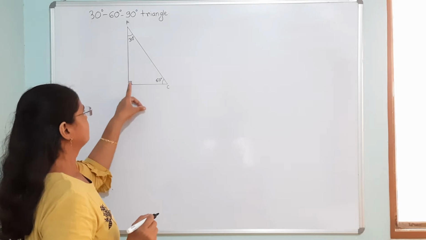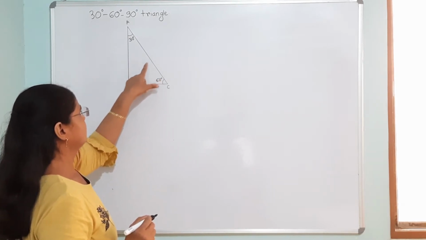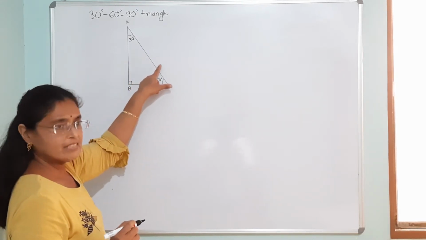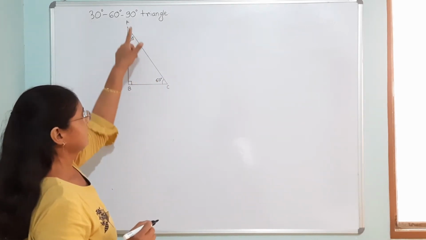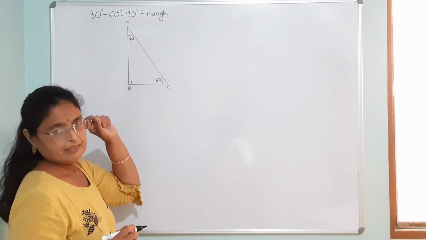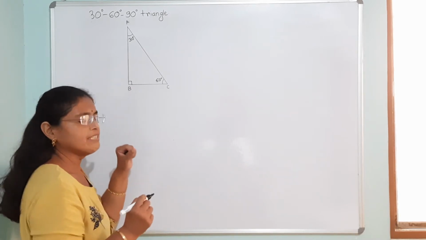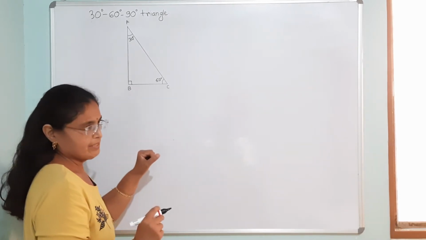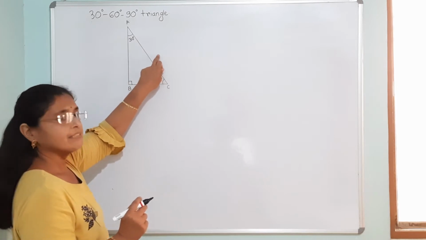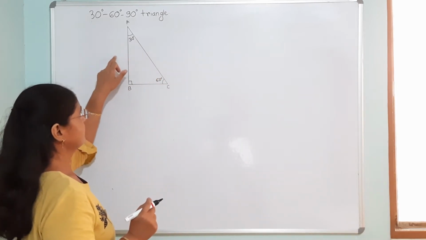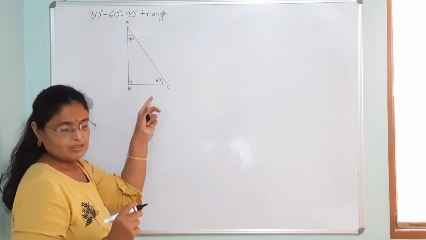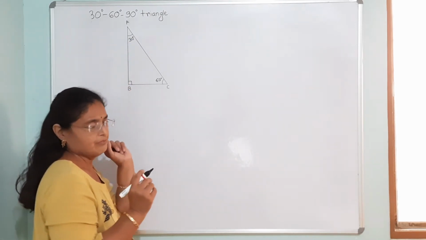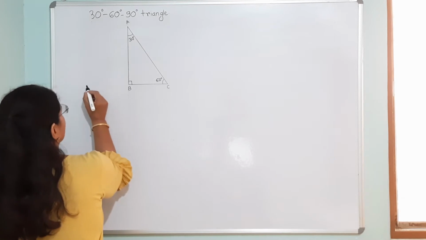We all know the side facing the right angle is called the hypotenuse. That means in ABC, AC is the hypotenuse. Now let us see what is the relation between the lengths of the hypotenuse and the side facing 60 degrees and the side facing 30 degrees. So to prove that, first we have to draw